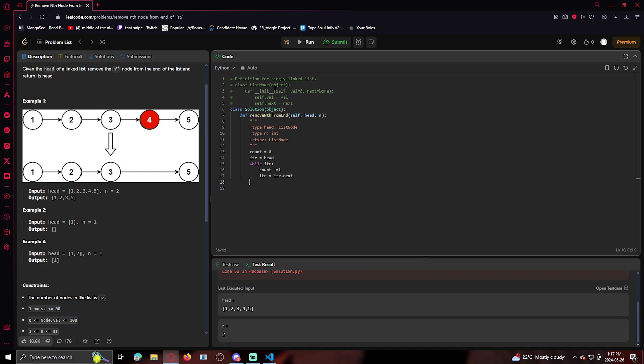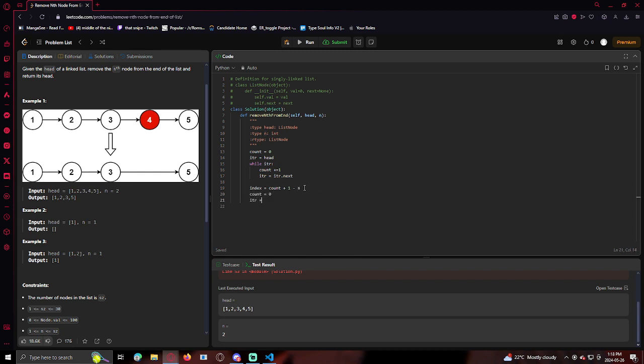So now if I'm removing the 4th, then I have to do, okay, count is that, and I'm going to say index equals count plus 1 minus n, right? Minus n, okay, and that's going to give me the index that I want. So then if I reset count equals 0,